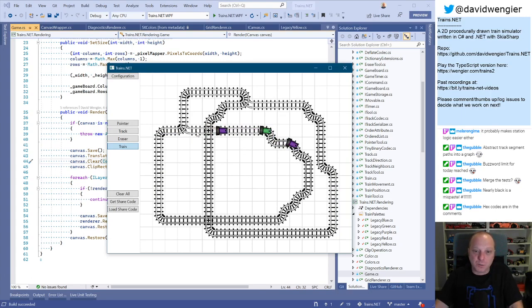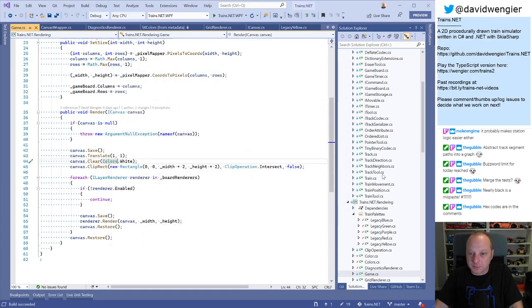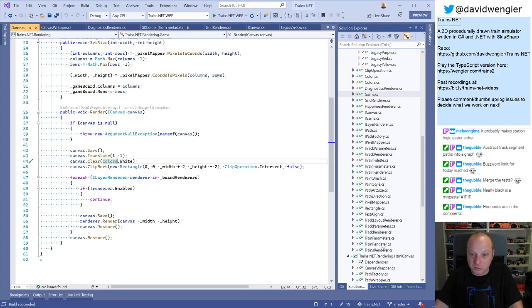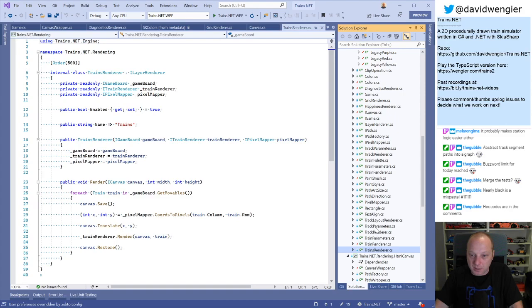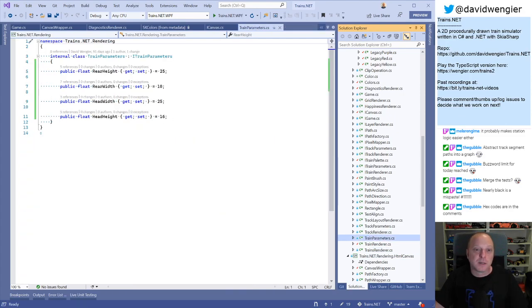That back section is too wide. It needs to come down like 1 pixel, 2 pixels maybe. Let's see what that does. Yeah, anything else now, we can just do features like roads or different track types. Train, I'm looking for train parameters. And I can't see it. There it is. Rear width, no, rear height,